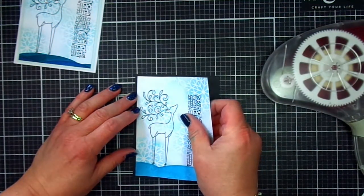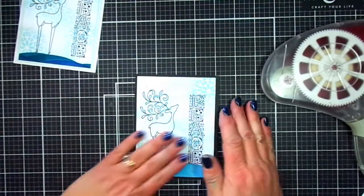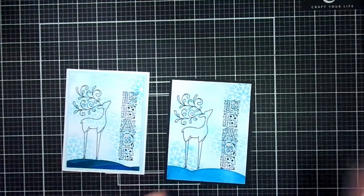This one goes to our black card base. There we go. That looks really nice. I think that really shows it off quite well. Let me grab my